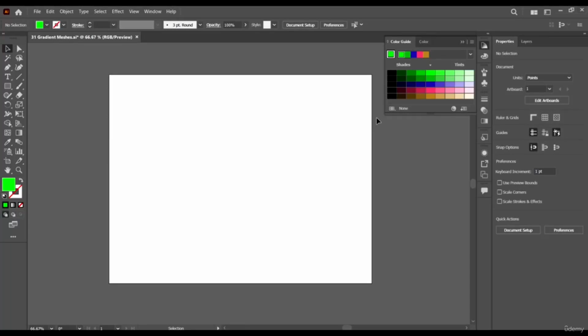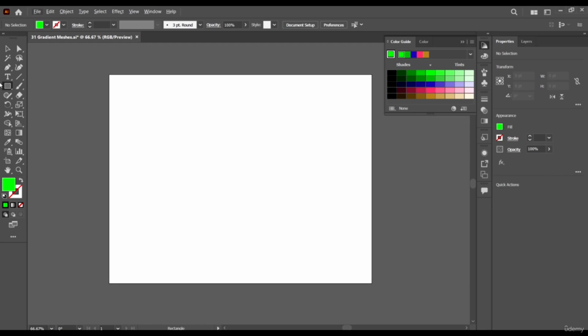In this lecture, we'll be learning about gradient meshes and how they work here in Adobe Illustrator. Gradient meshes can be used to create colorful backgrounds, and they can also be used to create objects with different shading in Adobe Illustrator. I'm going to show you how that works in a bit. For starters, let me just introduce the gradient mesh tool and show you how the whole thing works.